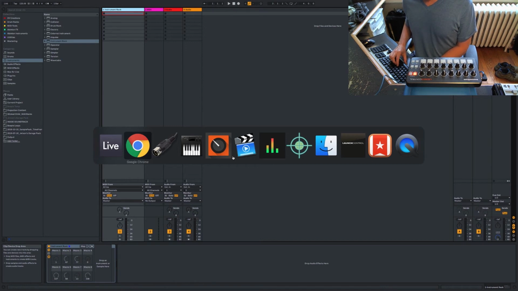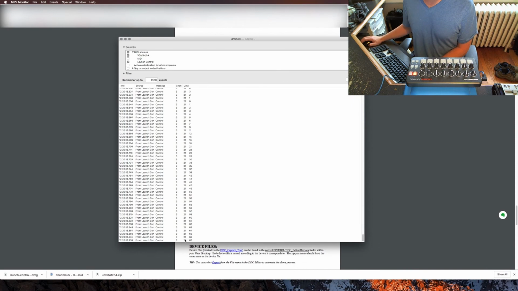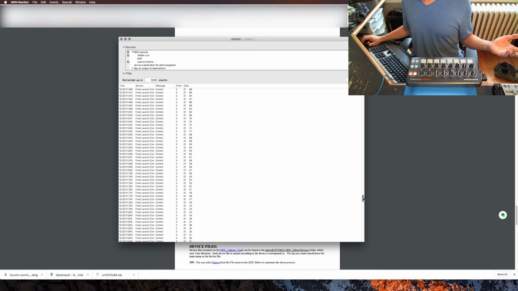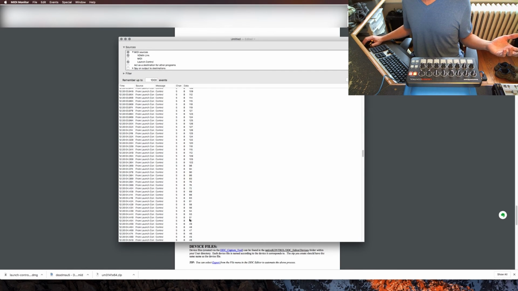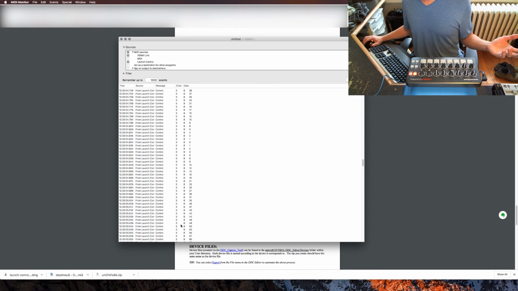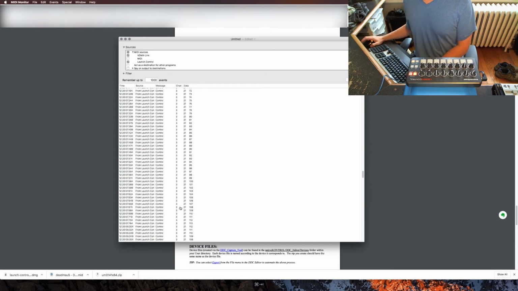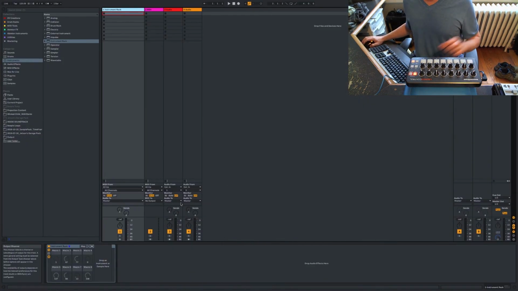So let me see here. Oh yeah, if we go to MIDI monitor, take a look at what happened. Now we're on MIDI channel 3, but it should have been on 5. At some point it changed from 5, you can see in this column here, to MIDI channel 3. It switched to user template 3, just at random. Alright, so if I go back to user template 1 here, and then switch back to Live, let's see,